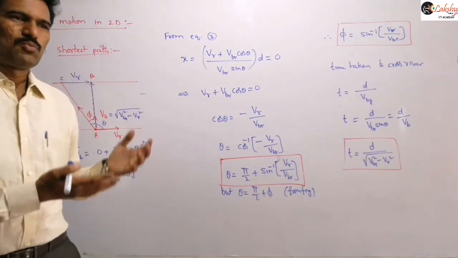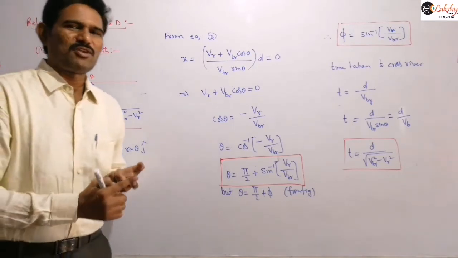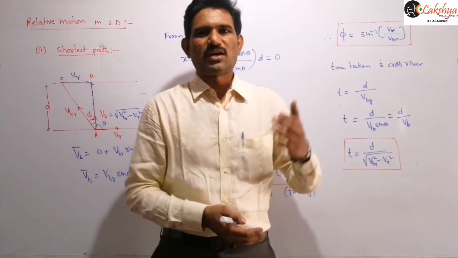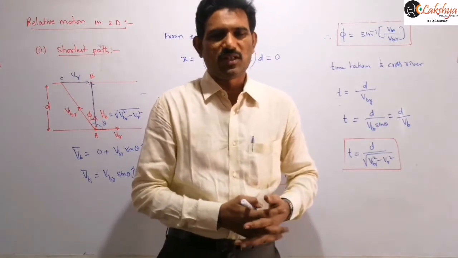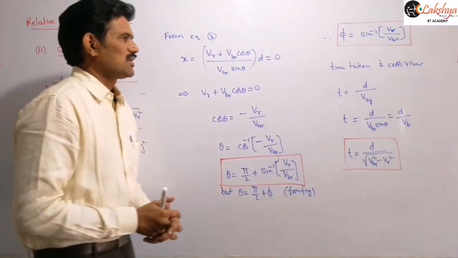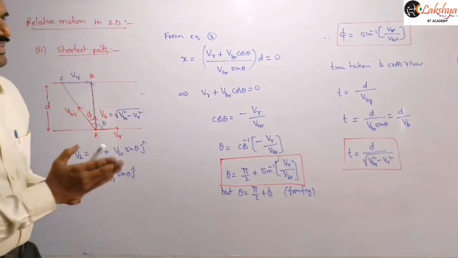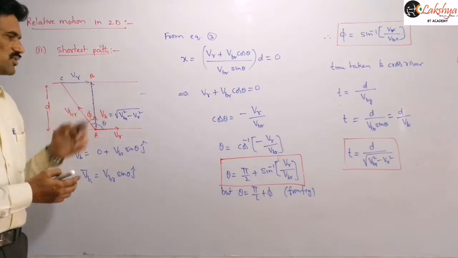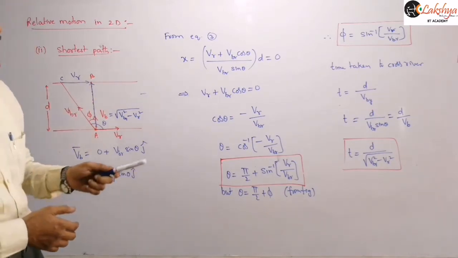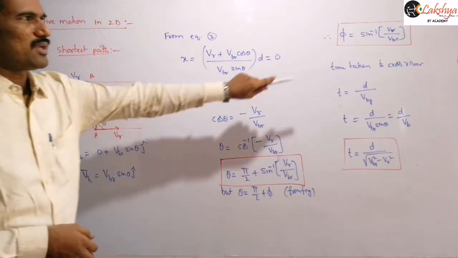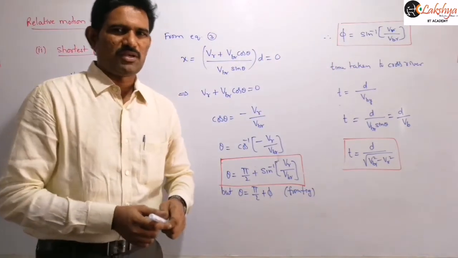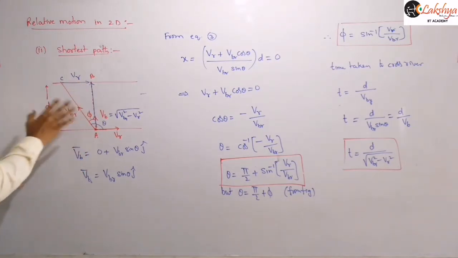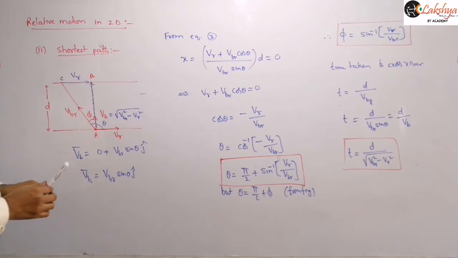As I said, in most of the problems they will give the data like VR. You can observe that we are writing all the expressions in terms of VR and VBR. We are not including VB in the final expressions, right? So that is the expression for the time taken in this case, and this is the condition to travel along the shortest possible path. This angle we need to remember: sin phi is equal to VR by VBR. If you remember that expression, or this diagram, you can easily answer such questions.